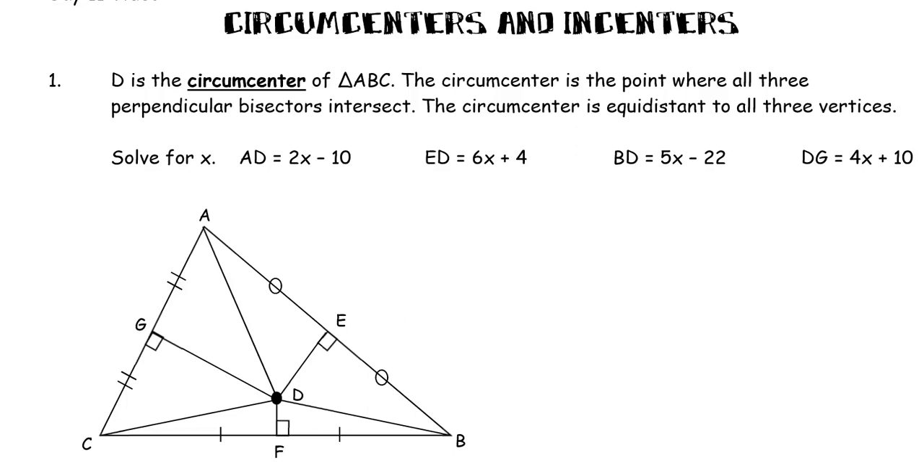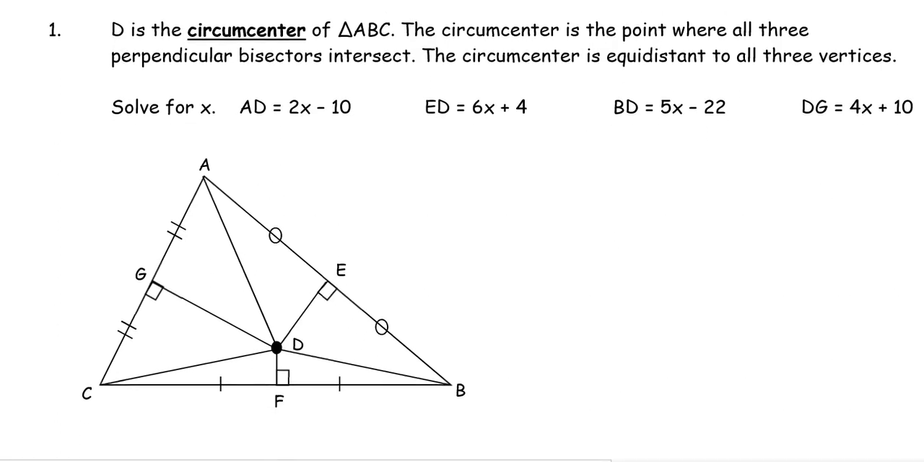Today's video is going to be on points of concurrency, the circumcenter and the incenter. So D is the circumcenter of triangle ABC. If we have triangle ABC right here, D is that point of concurrency. It's where all of our points meet in triangle ABC. The circumcenter is the point where all three